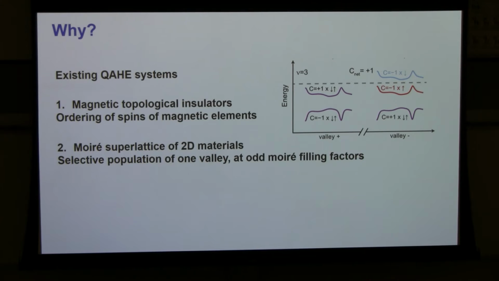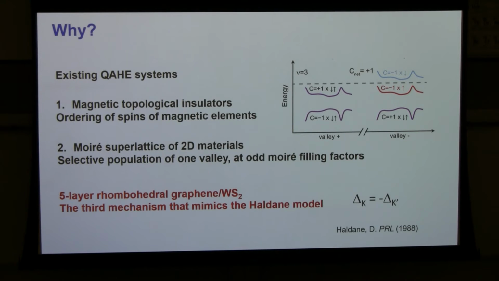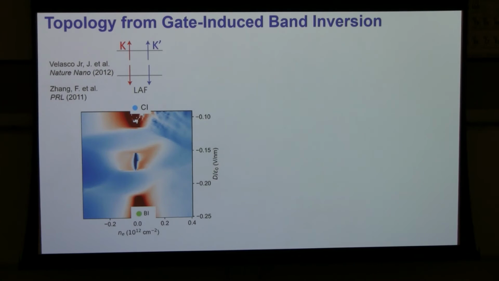Well, what we have is quantum anomalous Hall at charge neutrality, which means the K and K prime valleys are equally populated. So the only way to get there is to borrow the idea from the Haldane model. You have K and K prime valleys, but they have opposite gaps, so their Chern numbers will add up instead of canceling. Okay? So we have some idea of how this happened. It was not predicted by theory, but this is our understanding now. It has a lot to do with what happens at 0 displacement field.